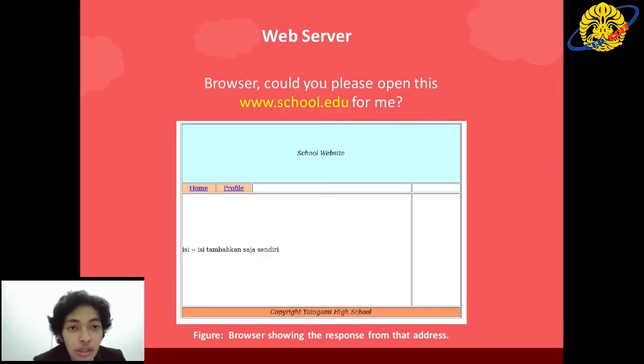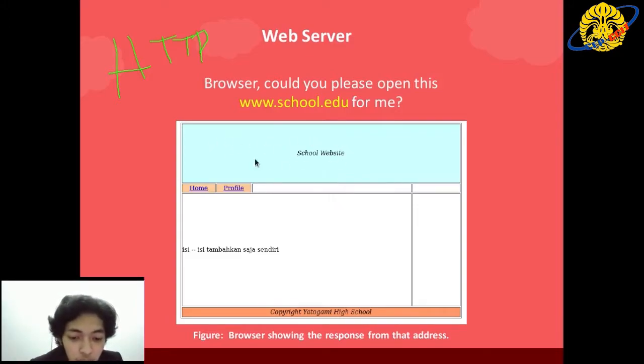That's it. And then the web server, this is a small explanation about the web server. I want to first explain from the browser. So basically we open our browser and ask the browser, hey browser, could you please open this address for me? After that, the browser will look into that address. If the address has a valid HTTP server, it will respond back with the resource from the server into our browser.